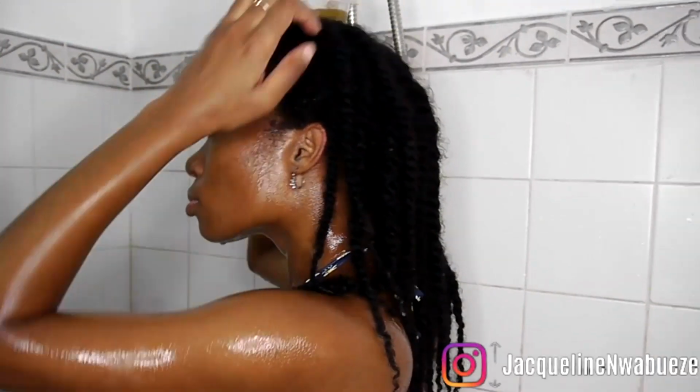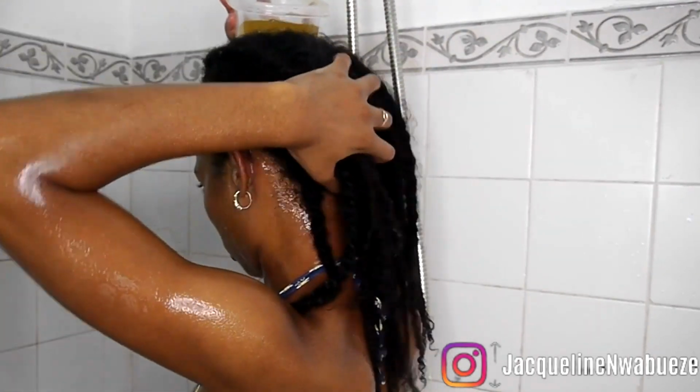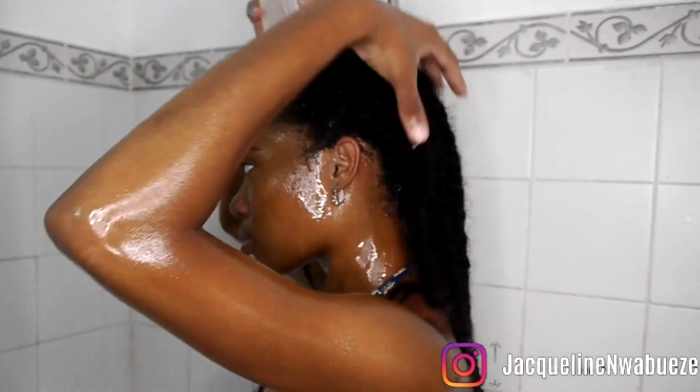I like to massage it in, let it marinate, because I really want it to get in there to do its job of not having my hair shed. Now the reason it helps with shedding is because it's caffeinated. Green tea has a smaller amount of caffeine than other beverages, but it definitely has caffeine, and that's the main